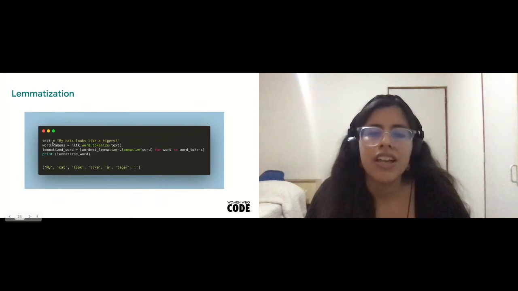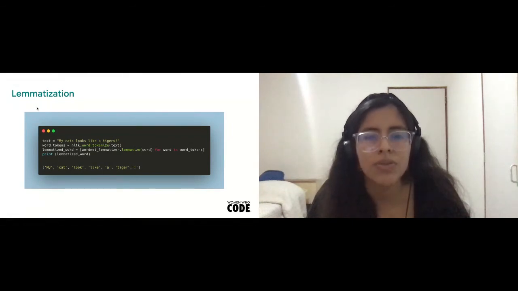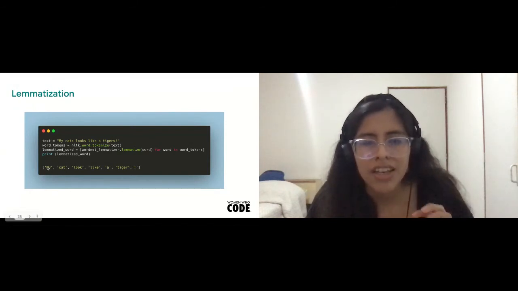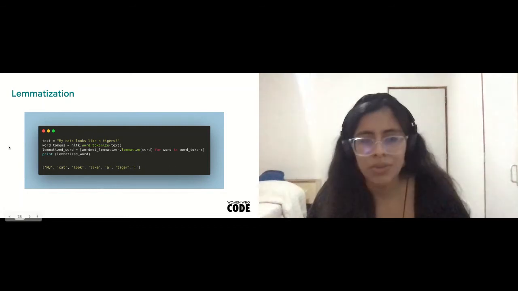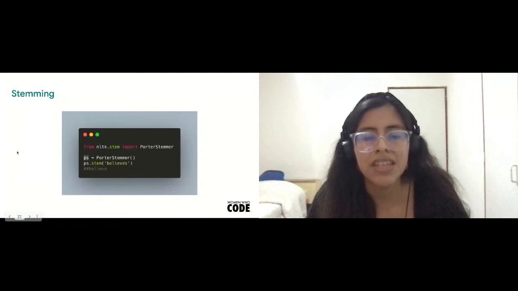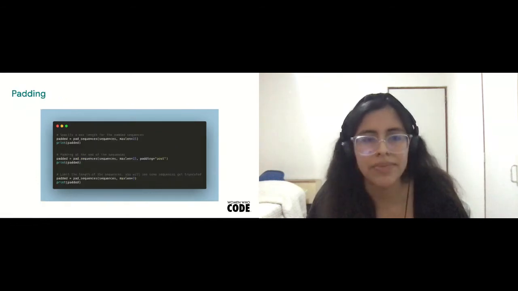If you see that example, my cat looks like a tiger. Some do not have the affix or the suffix, so we use lemmatization to obtain the original word for each sentence, and then we apply the tokenization. Sometimes we don't use stemming because it depends on whether the word has an affix or not. But frequently, some research uses lemmatization for that task.